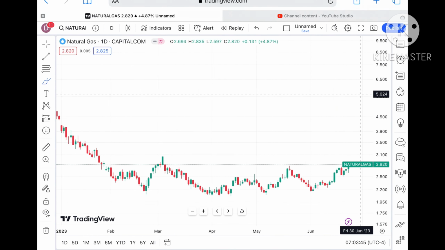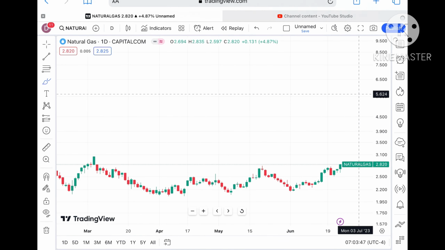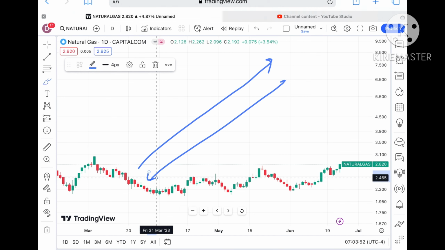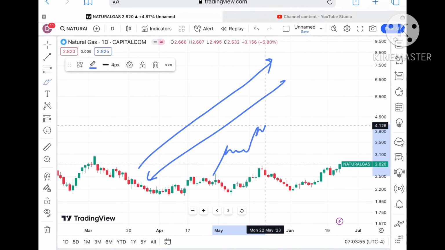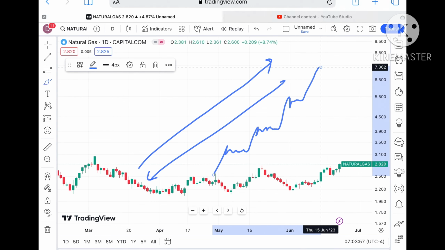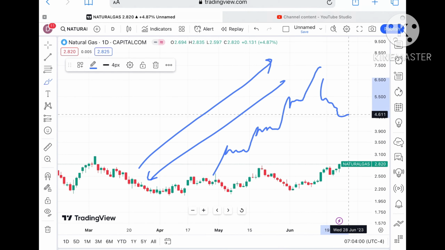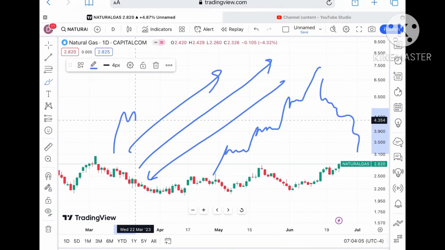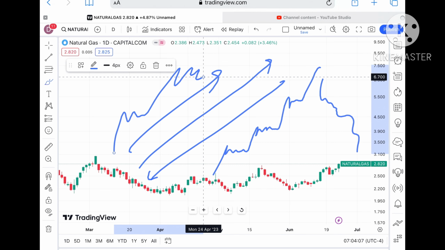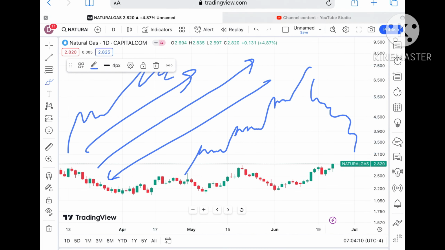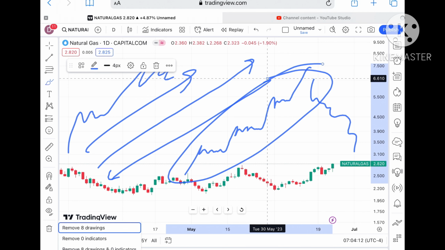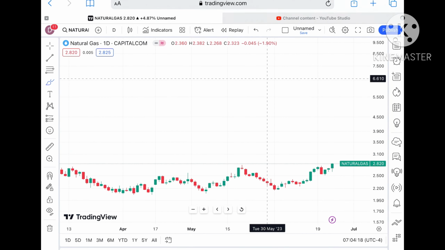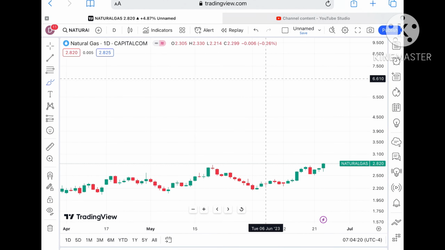Now if the price doesn't sustain, because the market is always uncertain, you cannot say that the market will move in one direction, upside or downside. This is how the market moves on normal days like this, and in the same way it comes down. But if there is a big event, then volatility can be high and the market can move in a good volatile range. Otherwise, on a normal day it moves like this. So when the event is coming, you have to be ready: how much quantity to take, how much risk to take, and all this.